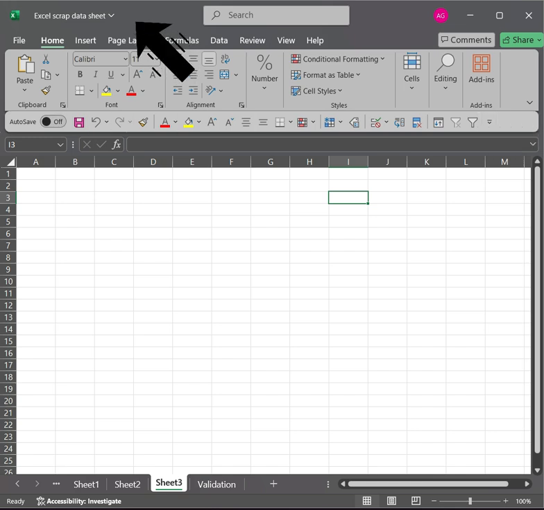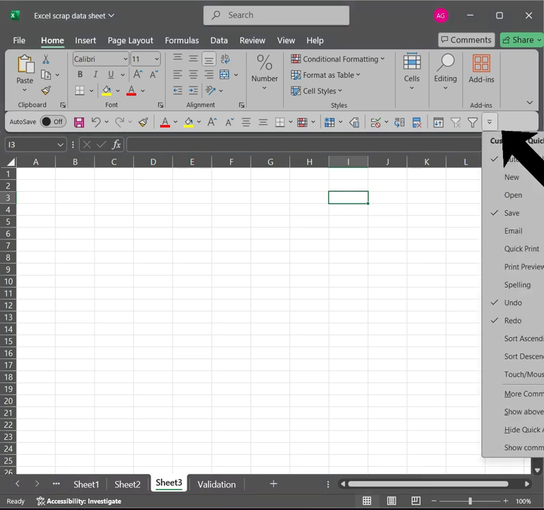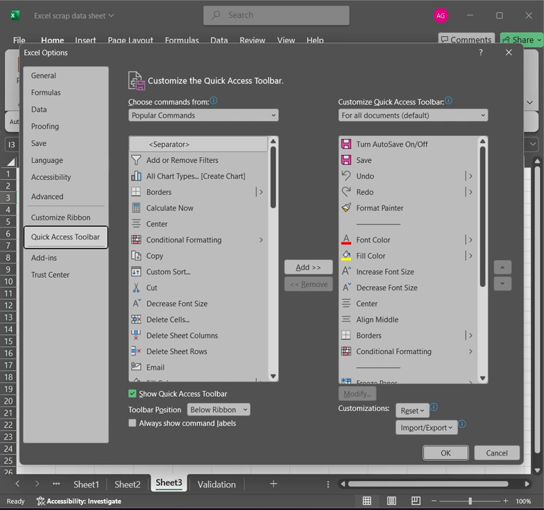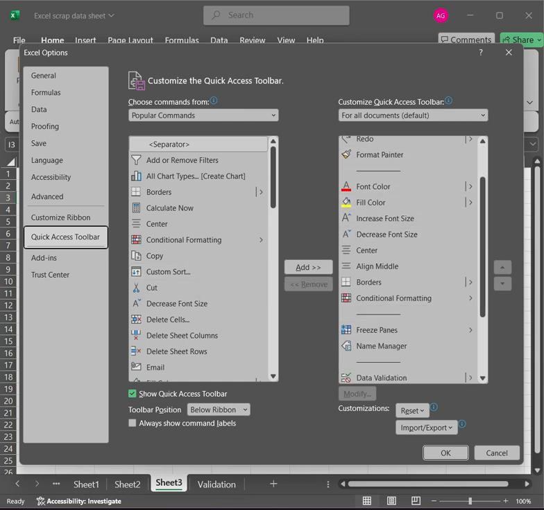Generally this bar you will find towards the top of your sheet. I have kept it towards the bottom, but this option, irrespective of that, you will get. Open this particular arrow and you will get, towards the end, More Commands. Click this More Commands option and you will get a dialog box which will help you in customizing this quick access toolbar. So whatever you have to find and put into this toolbar, you can select on the left hand side to add. If there is something in your bar which you don't want anymore, you can select it and do remove, and finally give it a shape.